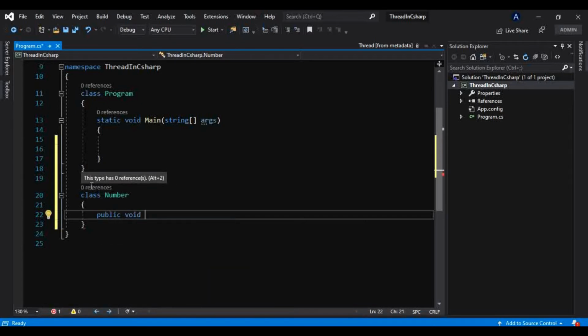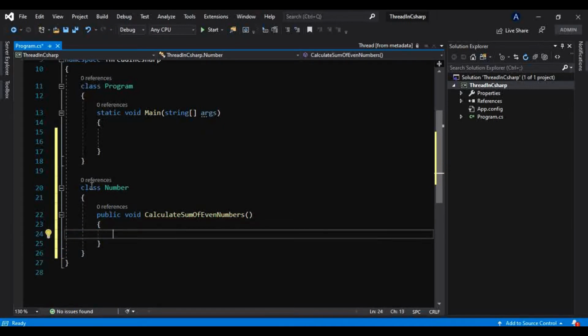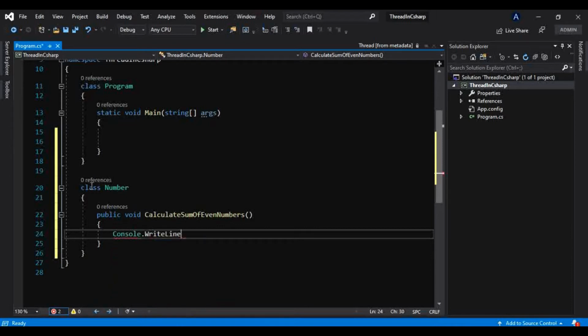Public void CalculateSumOfEvenNumbers, and inside that I will print Console.WriteLine sum of even numbers.